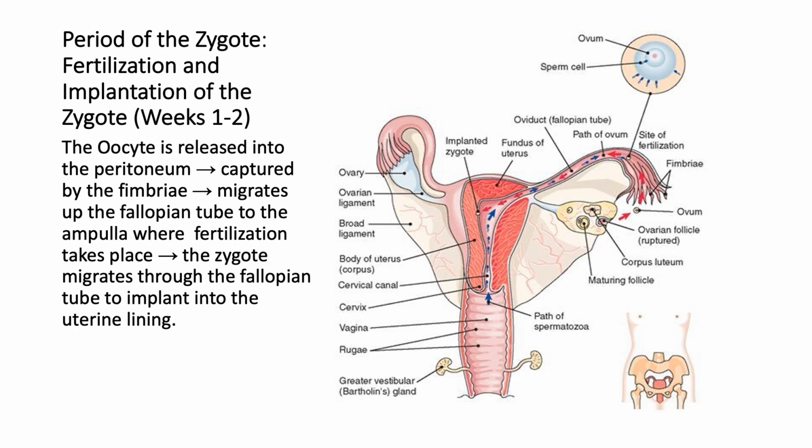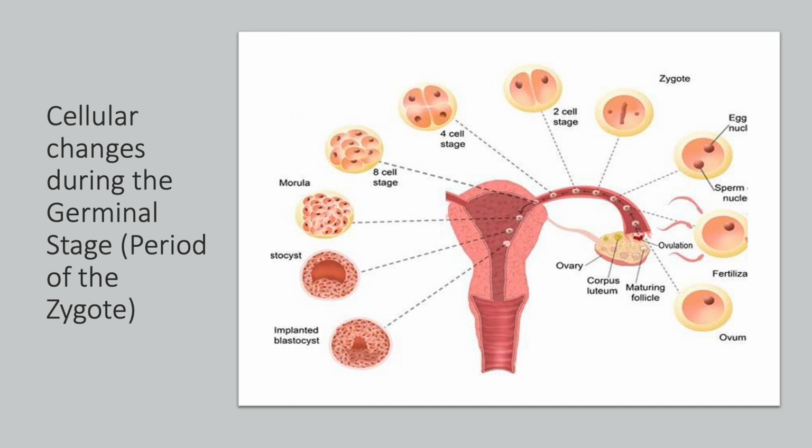It's at that point that really the zygote is going to be through the morula stage, which is a ball of undifferentiated cells, until it differentiates into the cell layers. And about that time, it's going to be entering the embryonic stage as it implants in the uterine lining. And this just shows you the period of the zygote in stages. Don't memorize all of this. We're not going to have questions on the test with this kind of detail, but it's just interesting to see